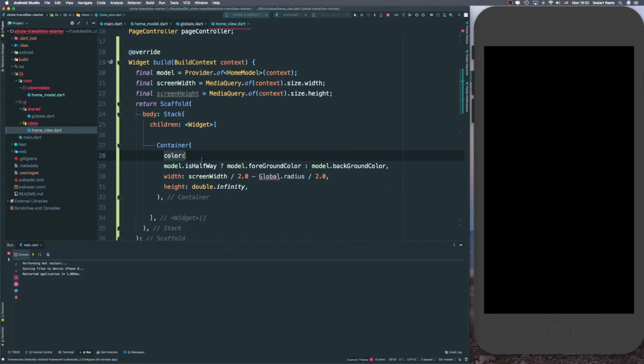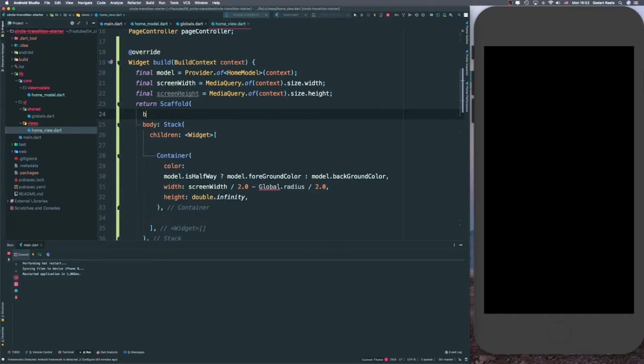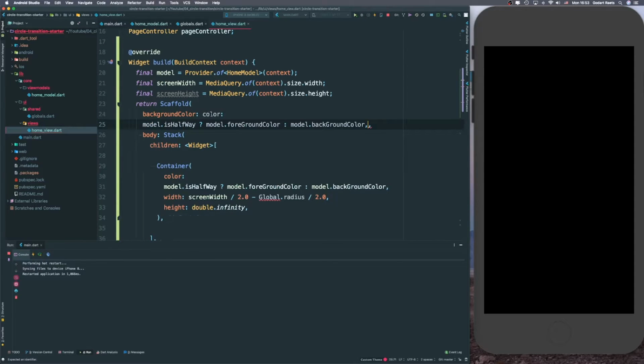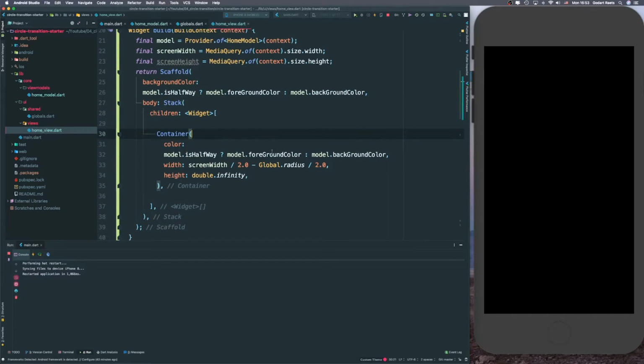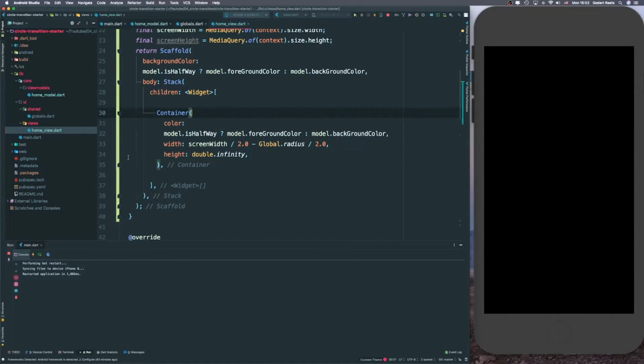This is some color checking we need to do. That's why we specified is halfway. I'm going to copy this color and also add a background color for the main scaffold. Let's copy this and remove the color here, the comma here as well. Let's import our global shared folder, so these errors are also gone. So what's going on really in a nutshell,